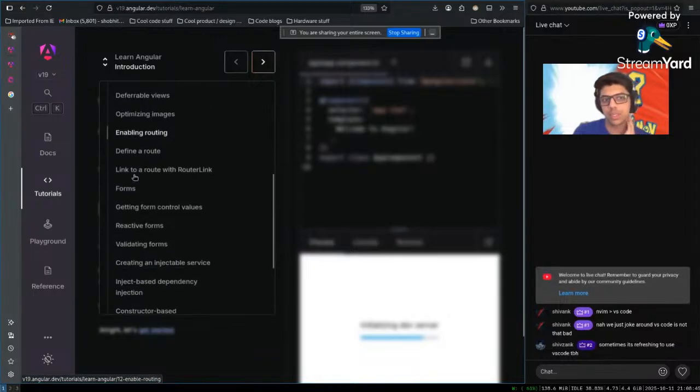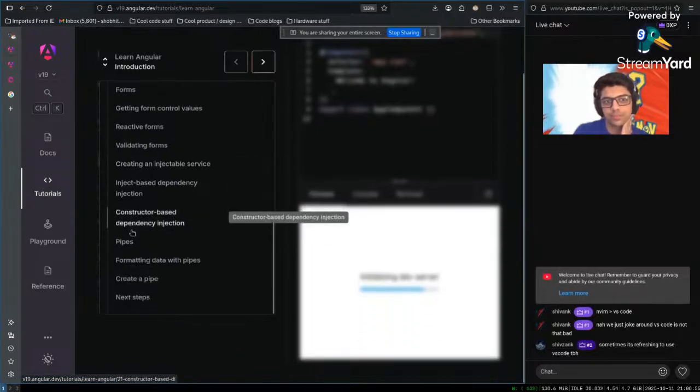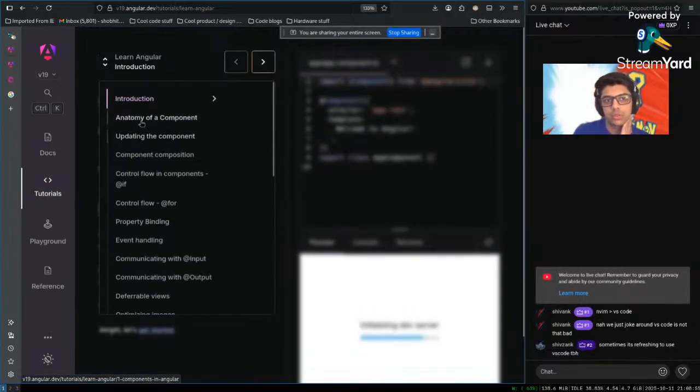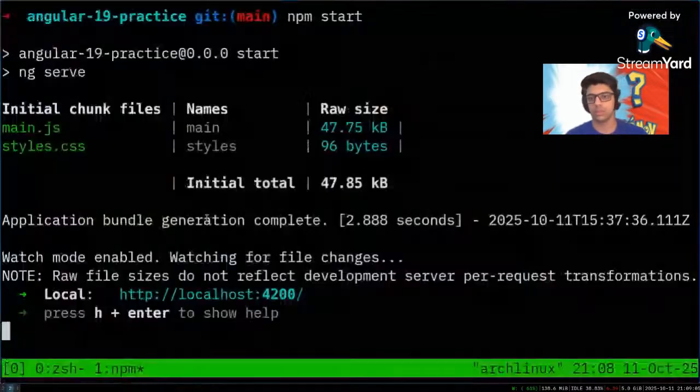Deferrable views, optimize images, and defining a route. Oh, this stuff I'm not sure about. This I've done a little. Create an injectable service. Okay. So do you want to just do it here? Because I don't mind doing it here. But I don't need much time for this. So that's just the thing. So let's just